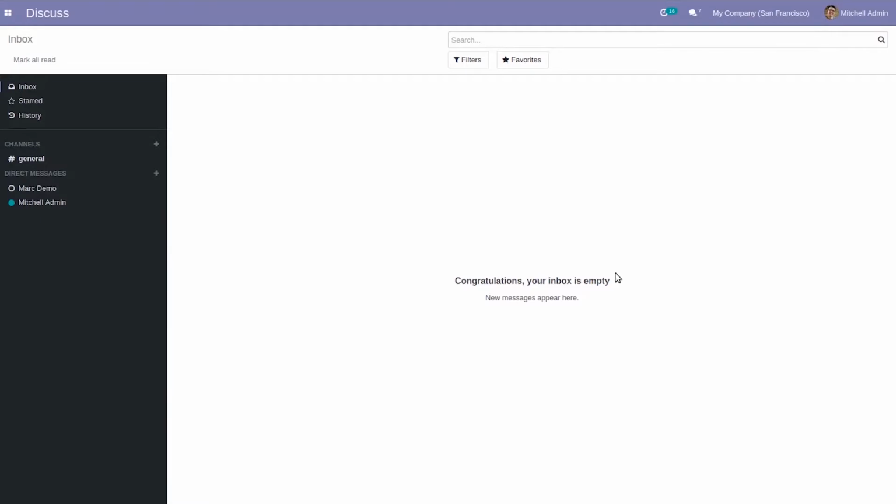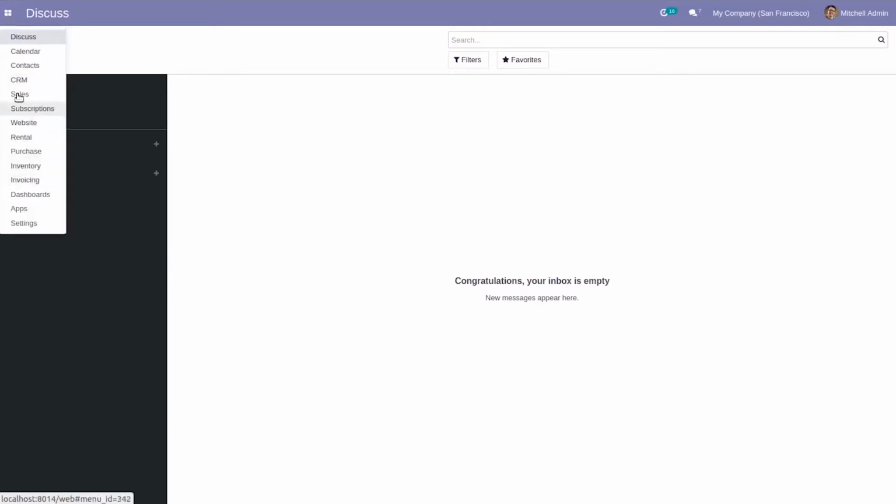So today let's discuss product packaging in Odoo 14. In Odoo we have different types of packaging methods. We can pack multiple quantities of a product in a single package, or we can pack different items, different products together inside a pack, and we can also create delivery packages. So let's discuss these packaging options in detail.